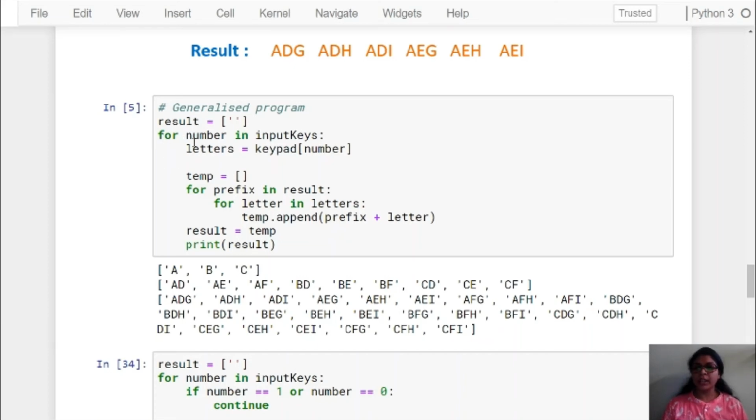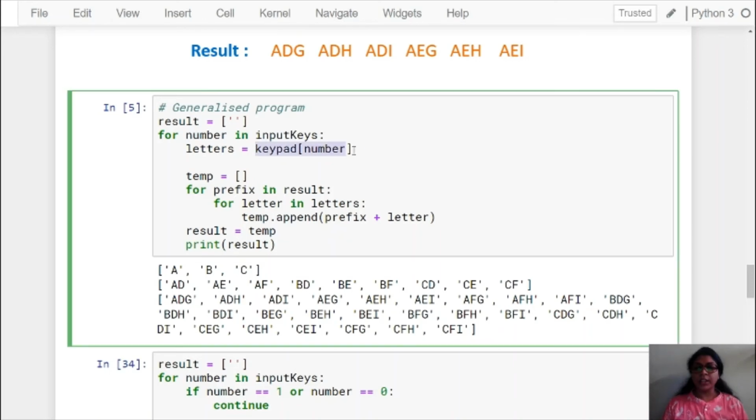So for number in the input keys, our input keys is nothing but the list we defined in the previous cell. Here in our list input keys we have 2, 3, 4 as the elements of the list. First time 2 will get assigned to number, then we will fetch the character set from our keypad dictionary.